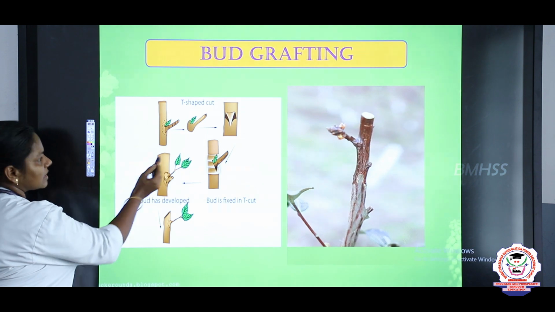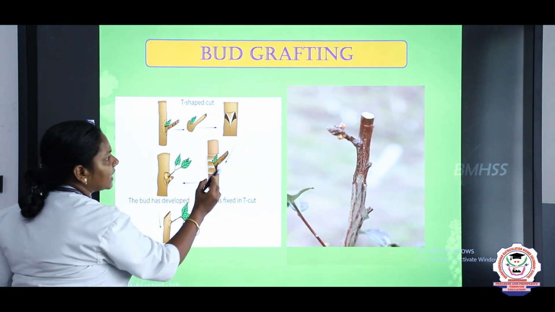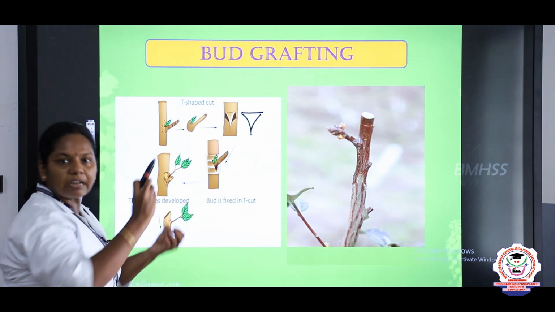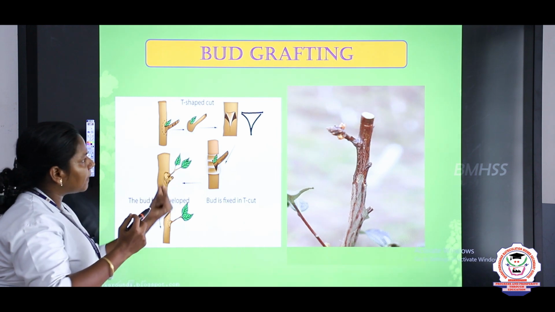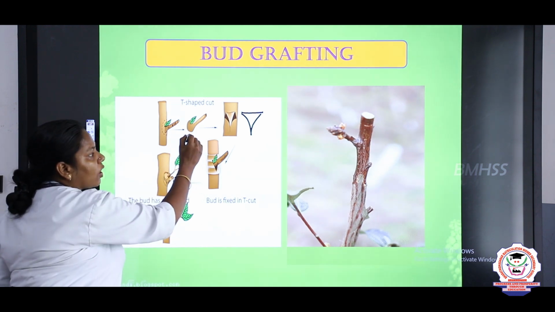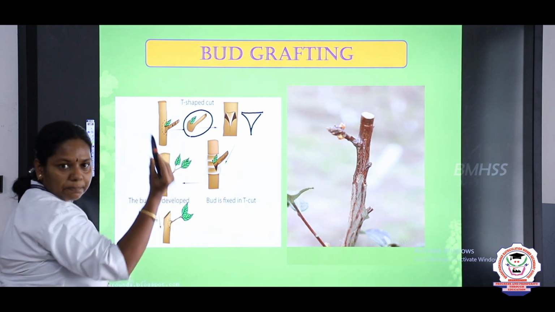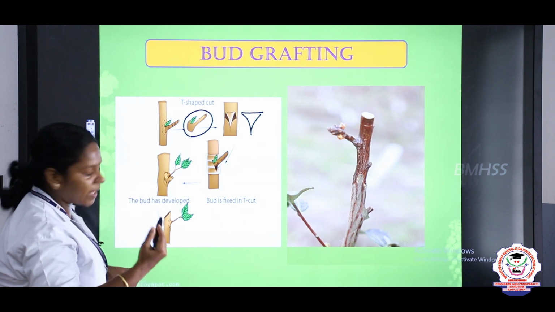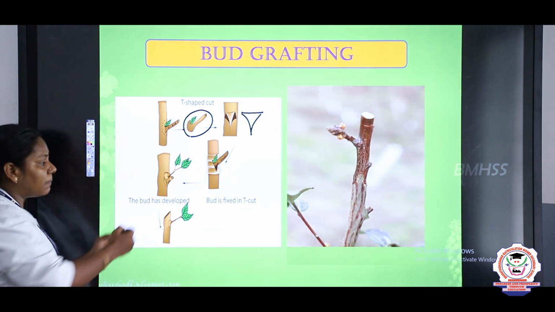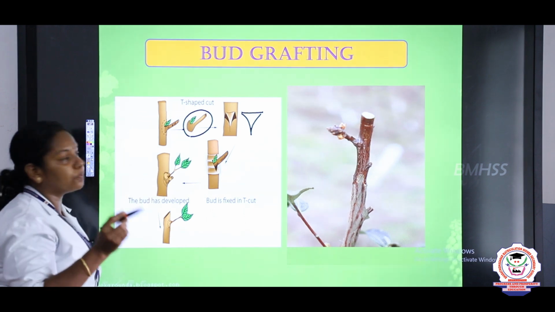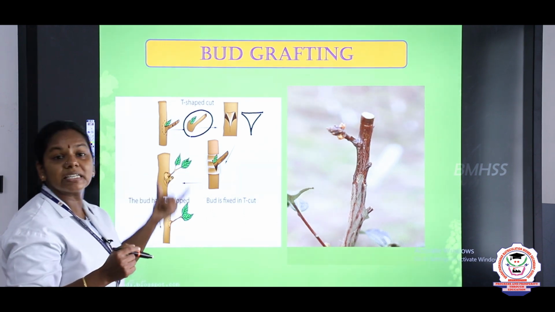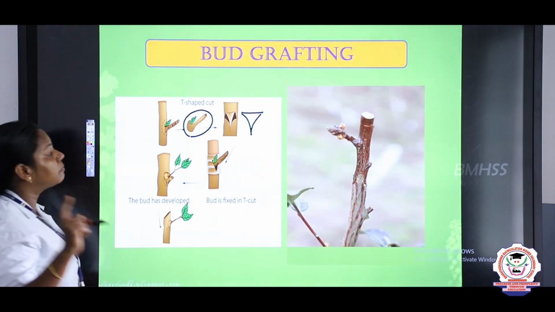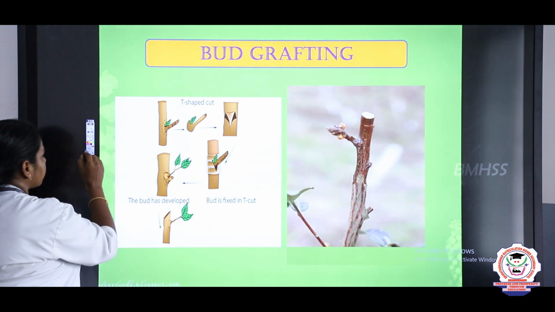First one, just look at this picture. It is a rooted plant and in this the T-shaped incision is made. Incision means what? We are cutting a part of it in a T shape, and another plant we take with the bud. We take along with some of the wood. The bud of the other plant is grafted with this and it is bound with the tape. And after 4 weeks it grows into a new plant. The bud starts growing and it develops into a new plant. So this is how the bud is grafted. Bud is grafted to the next plant, right? So what's the first method we discussed, children? Bud grafting.